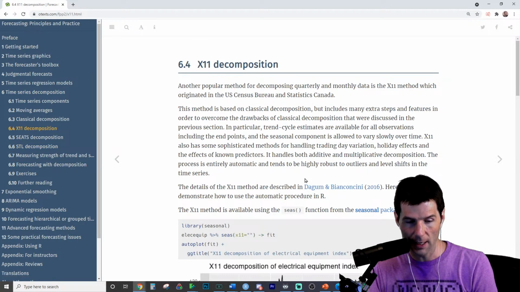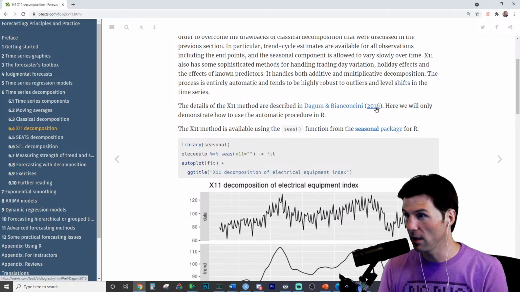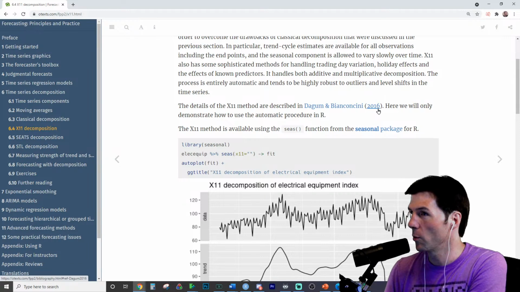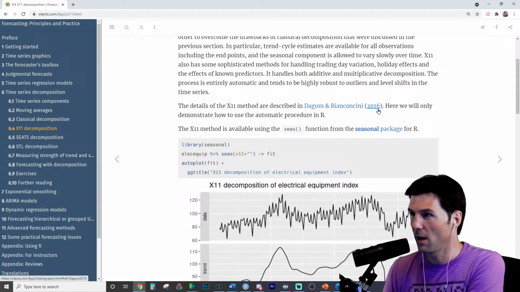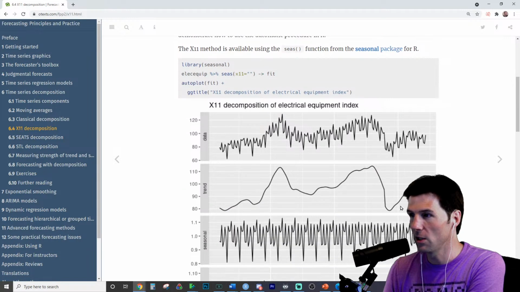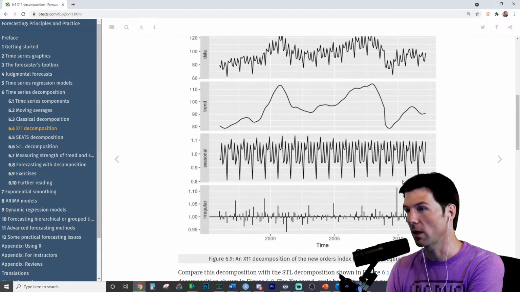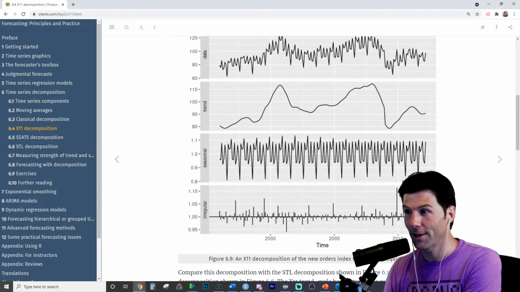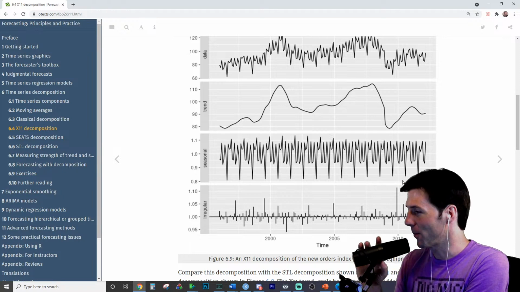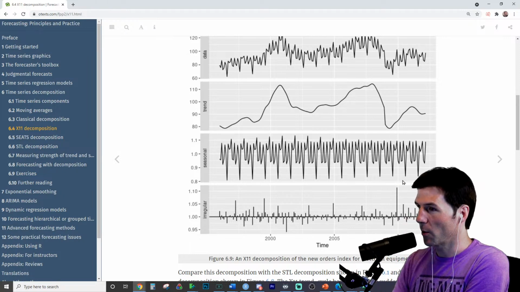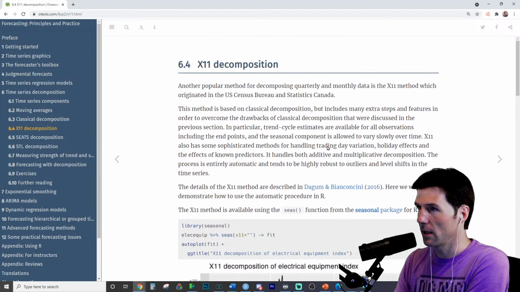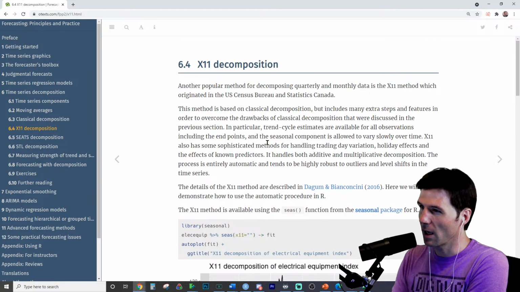Here's the X11. It's X11, 2016. I mean, this stuff is super recent. This is not like what we were teaching in statistics. I'm not even joking. When I was in the master's program, which is not that long ago. Okay, it's a little while ago. But when I was in the master's program, we wouldn't have these kinds of algorithms to run with X11 decomp. So I was going to get into this stuff today.